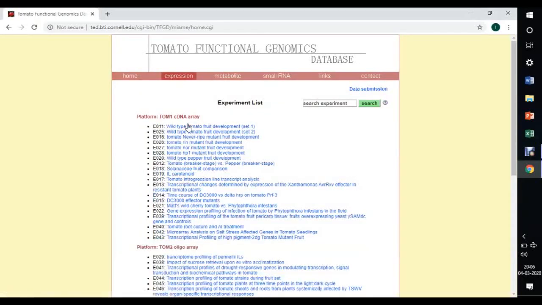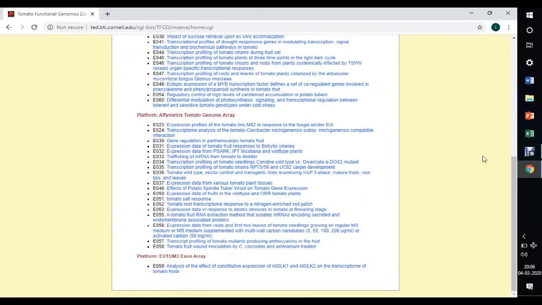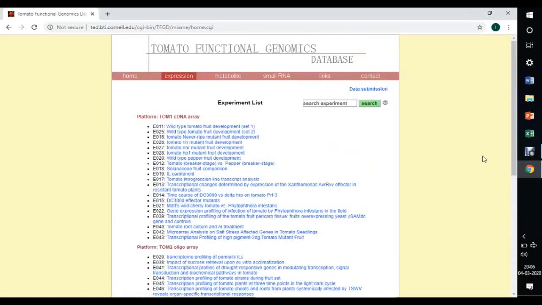For example, I am clicking on microarray data. Here you will find cDNA array, Tom2 oligo array, and Affymetrix tomato genome array. These are the list of experiments.